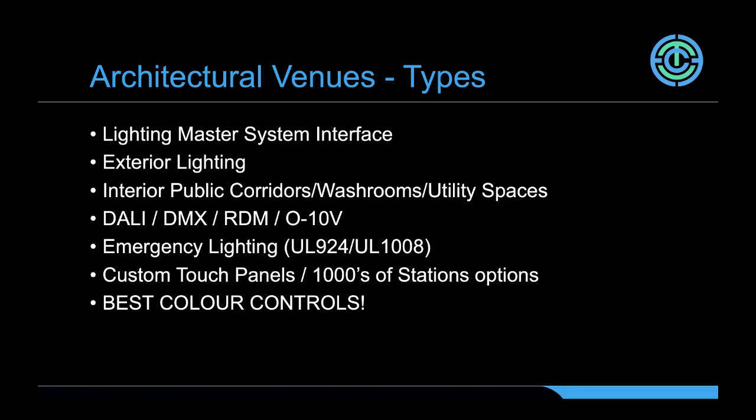with daylight. Most of your architectural systems nowadays are also color tunable white, where we've got mainly architectural fixtures in lobbies and public spaces, interior public corridors, washrooms, even utility spaces, back of house, hallways, stairwells. And a lot of those spaces are starting to have color tunable fixtures, where the LED fixture has the ability to change its color temperature from somewhere in a daylight color range down to an incandescent color range, so 2700 to say 6000 Kelvin,